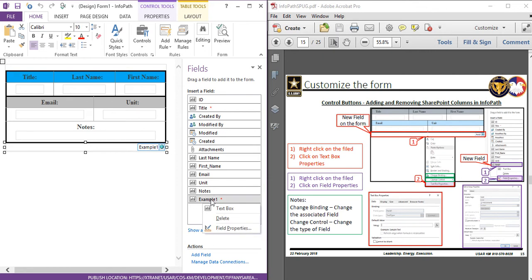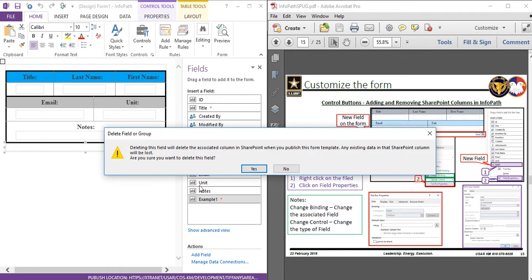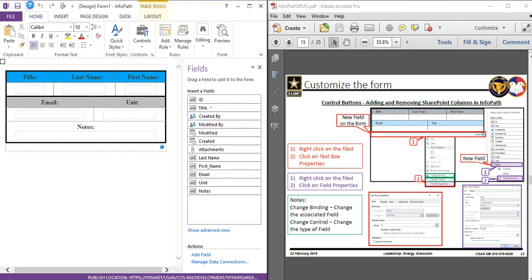You can also delete columns from your InfoPath. If you right-click, you can say delete, and it's going to delete the associated column in SharePoint when we publish the form. So if I click on yes, and I publish again,